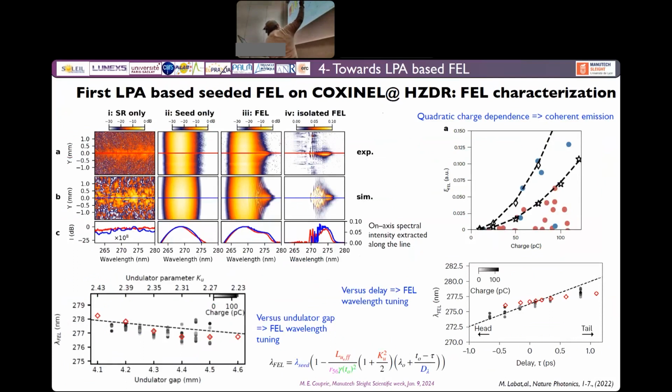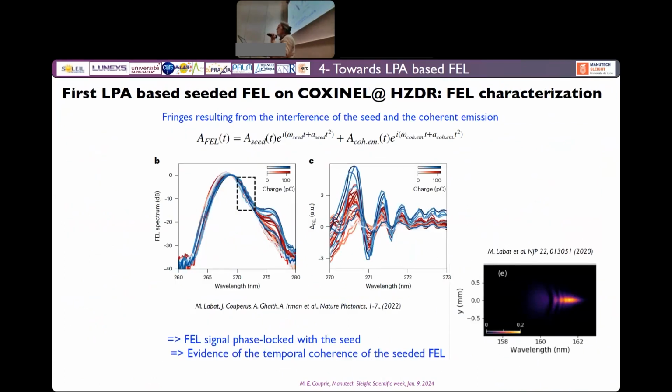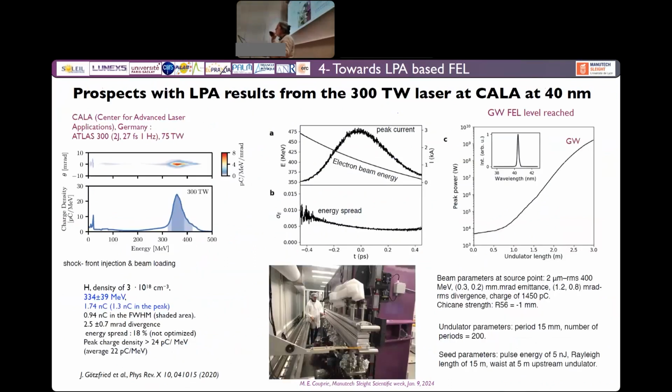We have the quadratic charge dependence, which is a signature of coherent emission. The dependence with the gap, and the dependence with the delay, which enables to tune the FEL. We have fringes on the side of the line, which results from the interference of the seed and the coherent emission, which was expected. And it is a signature of the phase locking and the evidence of the temporal coherence of the seeded FEL. So next, we have to improve the electron beam quality and go with